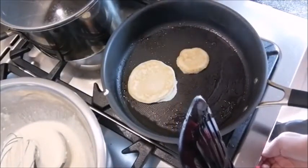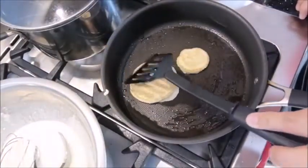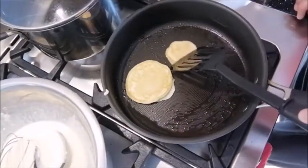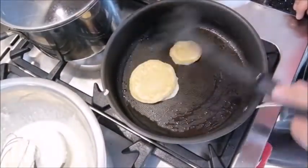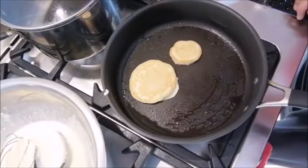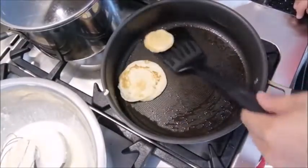Because when you're doing a bit of pan frying, you need to really watch the timings of when you're cooking anything like a pancake, or if you're frying an egg, or whatever you're doing. So that's why we're doing this size, not the gigantic one, because you won't know when is the right time to turn it over. So let's have a look on the other side. You see the colour is coming through,